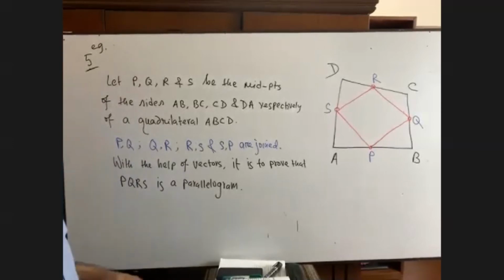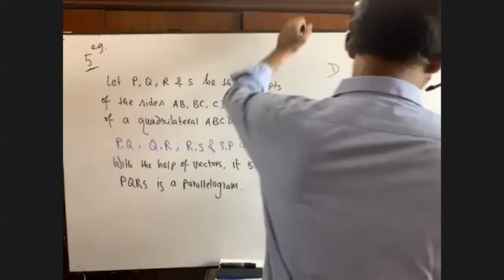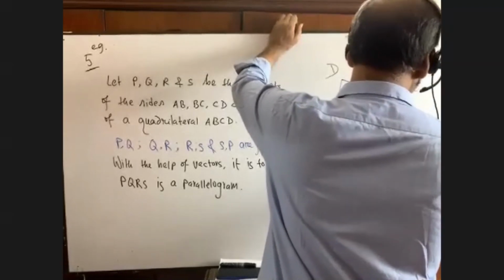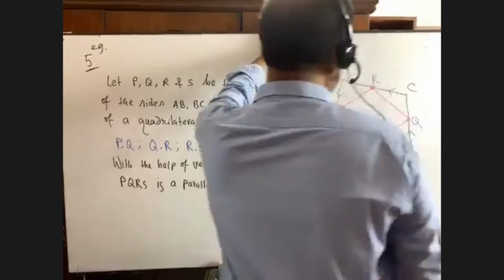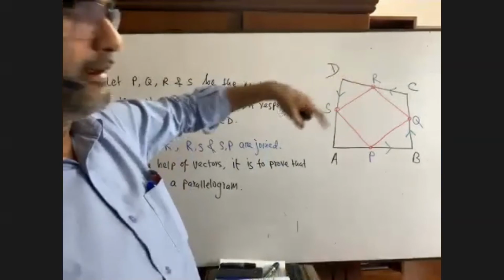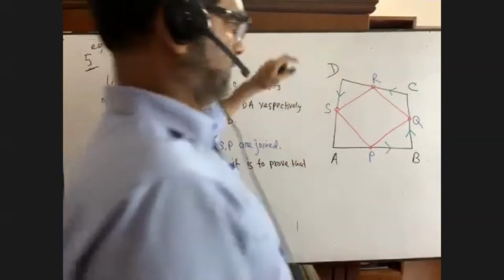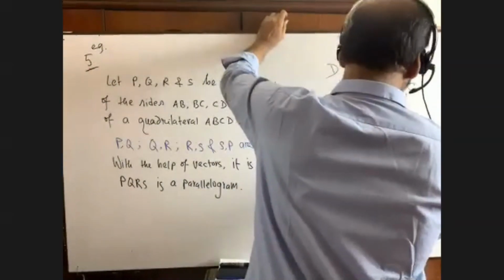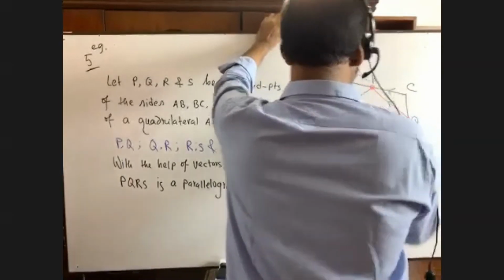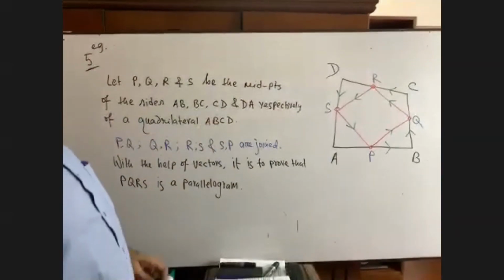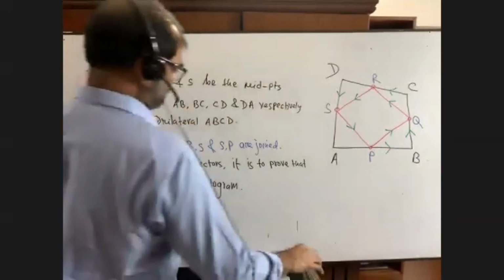Now, it's okay. We are going to give the vector sign. You see the way I'm giving the vector sign. A to B, B to C, C to D, D to A. That is, I have taken it in cyclic order, starting from A and ending at A. In the same way, P to Q, Q to R, R to S, starting from P and ending at P. Please complete giving the vector sign of the figure.